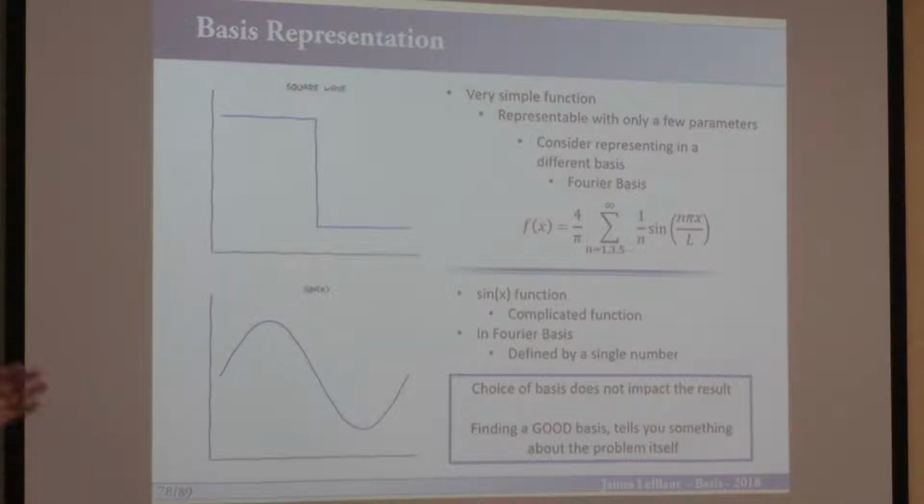So we picked the simplest two things you can possibly write down, which is a square wave and a sine function. Okay? Now, a square wave is a very simple function. It has essentially two values, maybe three values, depending on how you want to describe it. Right? It has maybe on the x-axis some point where it jumps. Every point below is one value. Every point above is another value. So it probably needs about 3 numbers to describe it. It's a very simple function, but you probably know from your, I don't know if you took an electronics course or something,